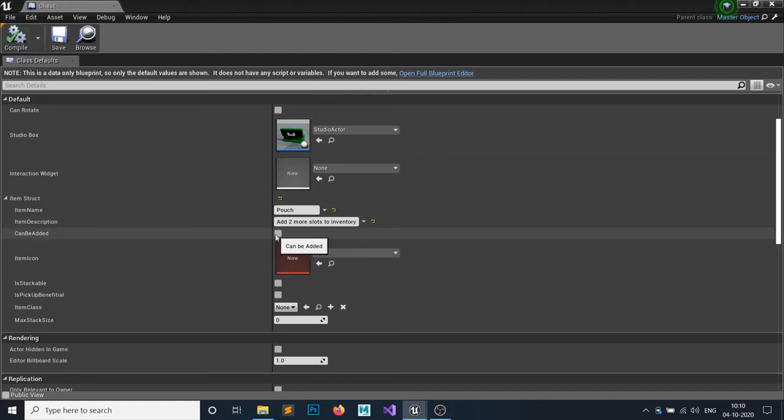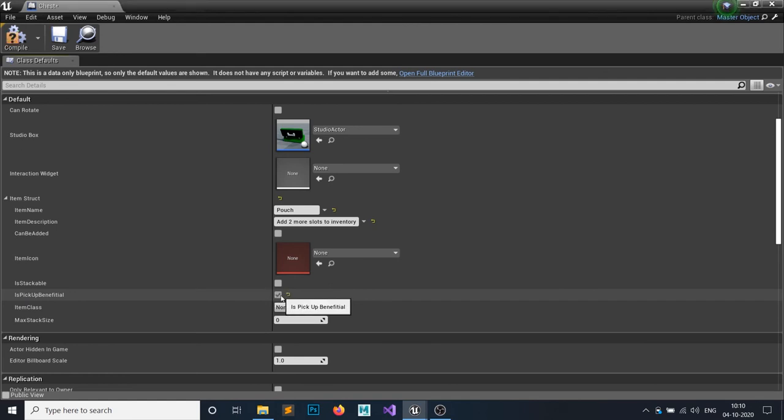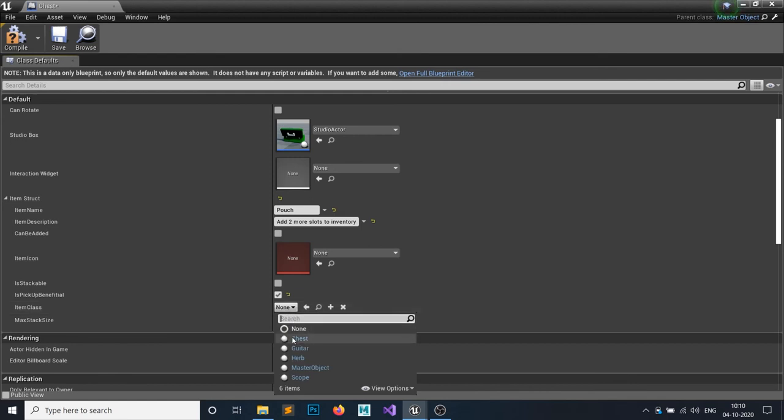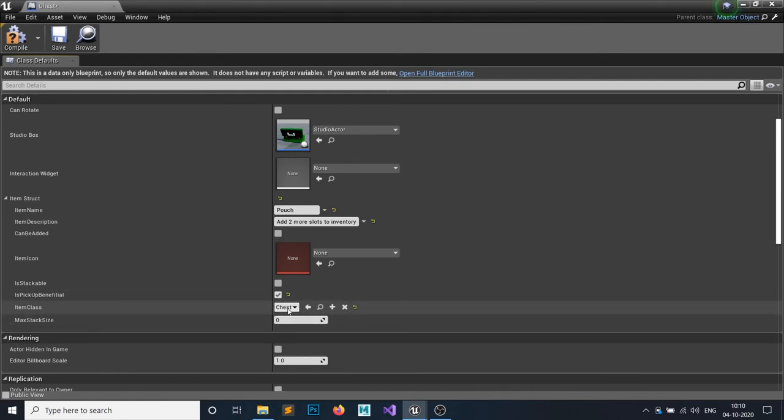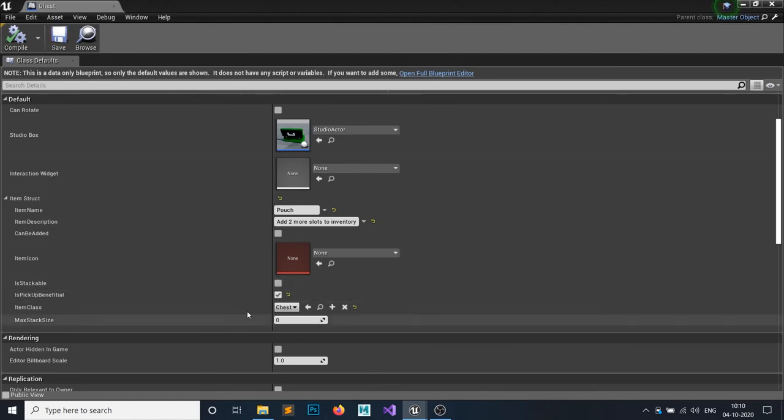No, it cannot be added to your inventory, so it will be false. The icon, we don't want to add this to inventory, so all of this doesn't matter. The thing that matters is this, is pickup beneficial. So yes, the pouch is pickup beneficial, right? So it is true, and the item class would be your chest, the pouch. The item class would be this one, the chest icon, right?